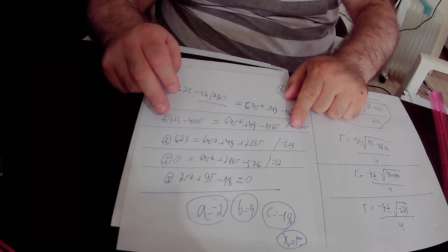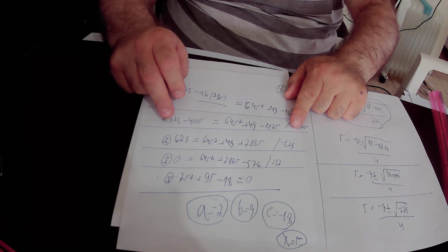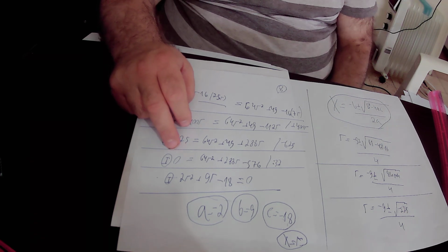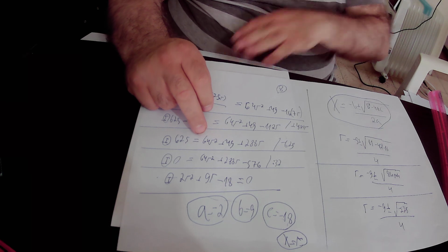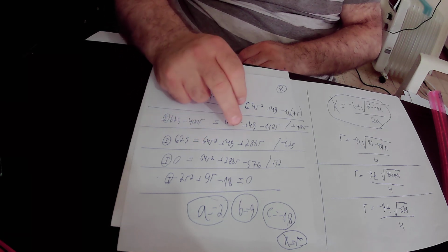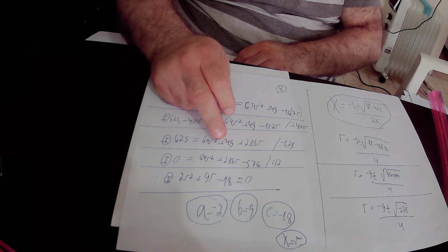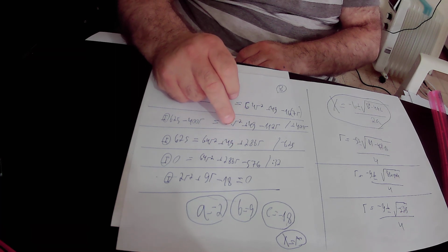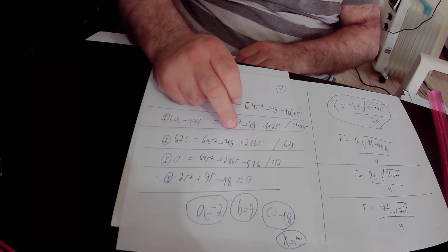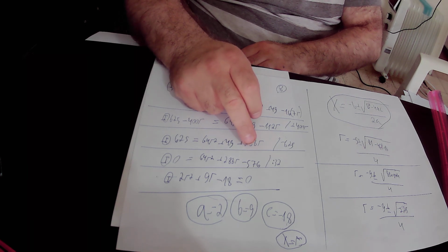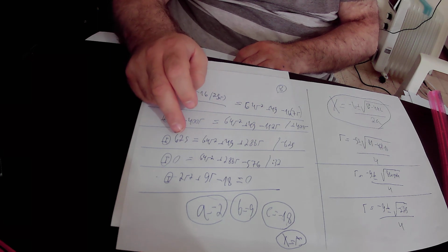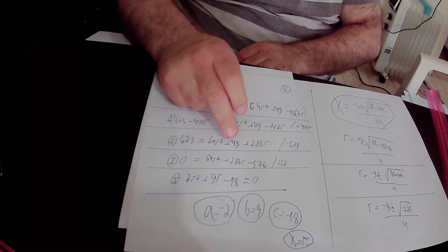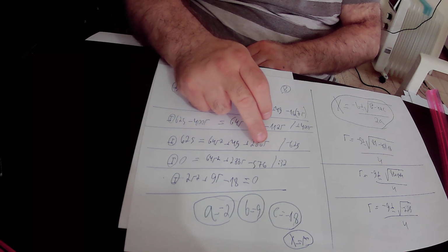We subtracted 625 from this equation number 1, and we got here 625 minus 625 is 0, and we have here equals to 64r squared plus 288r, and we have 49 minus 625, it is equal to minus 576. So in conclusion, we found out that according to equation number 1,